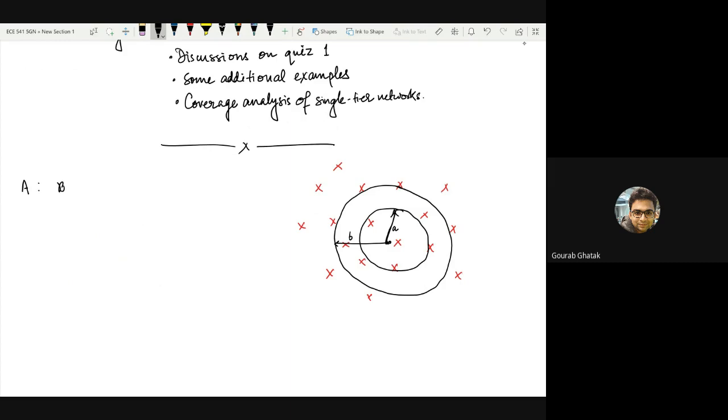It's the ball with origin as the center and B as the radius, minus the set which is defined by the ball with origin as the center and A as the radius, right? You understand this? This is the outer circle minus the inner circle. That's the area we are interested in, which we will be calling this set A. Let the area of set A be denoted by mod of A, which is nothing but pi B square minus pi A square. So it's just a notation which we can use.